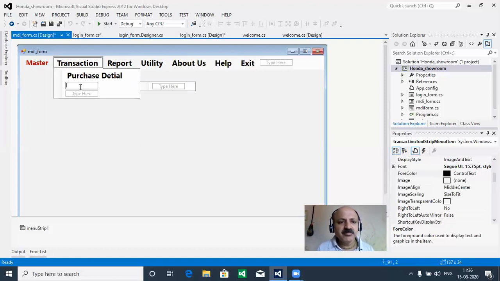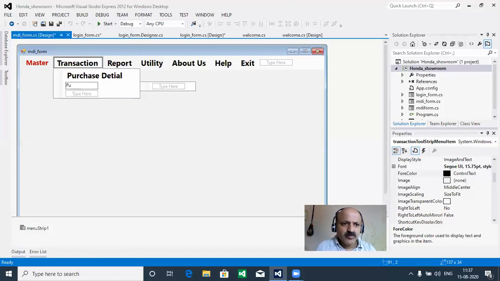Also in management, it is possible that some menus are changed, but the remaining ones like report, utility, about us, help, exit are all the same. Only two are changed, like entry and management. For example, if it is a hotel management system, then there is room master, according to your requirement.